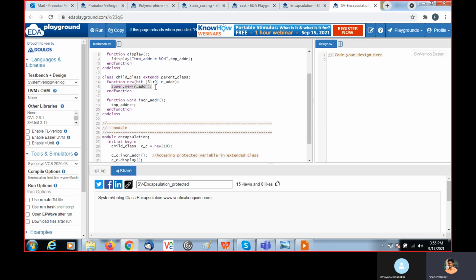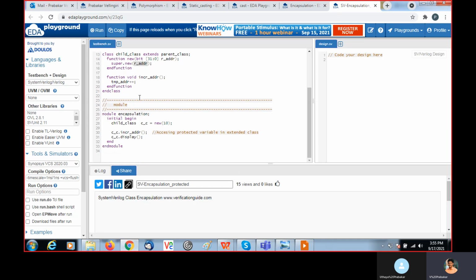I am assigning super.new of, and this argument, whatever address we are receiving, is passed to the new of its super class, that is the parent class. And we have another function here, increment address. In that we are incrementing the temp address.